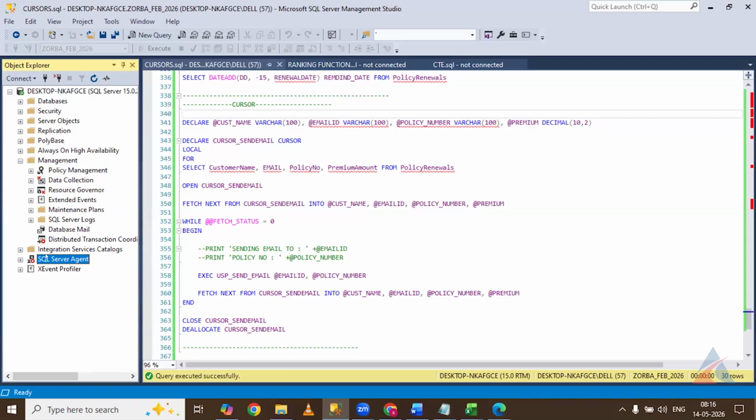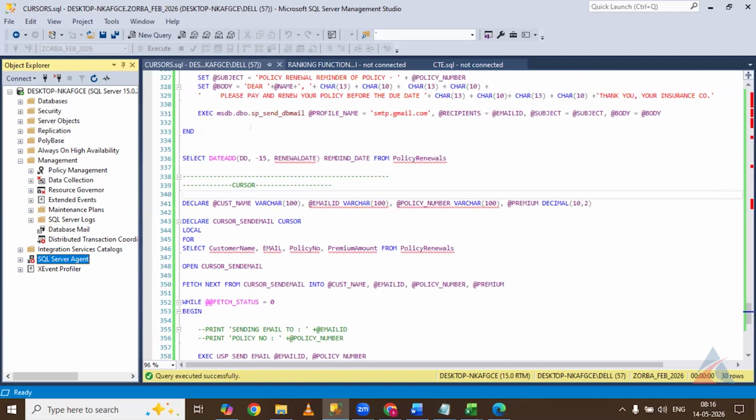SSIS is different. SSIS works on .NET, not on SQL. So can we use whatever code you have written in SSIS or